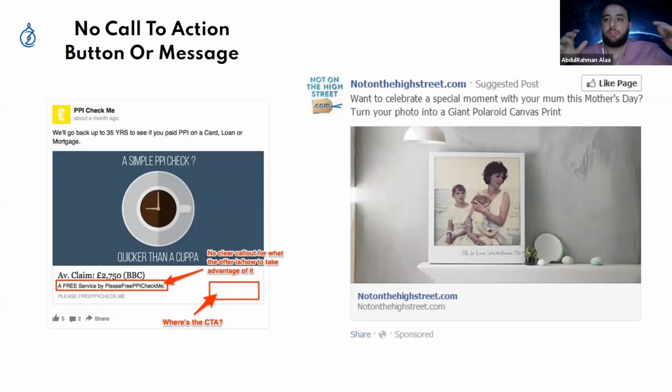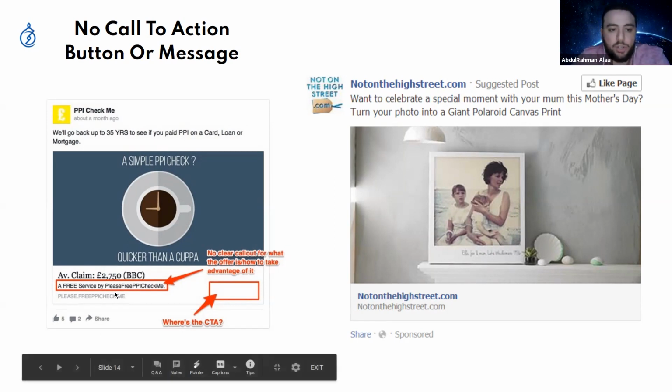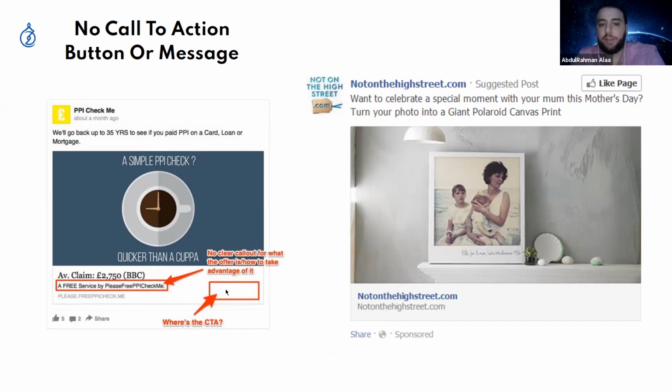You need to have a consistent message with an image or video, and then the CTA. When you click the CTA, you go to the website and expect what you are going to see. But here in this description, a free service, free PPI, I don't know what that is, and no CTA. That's not a good ad, and it's not representing a trustworthy company.